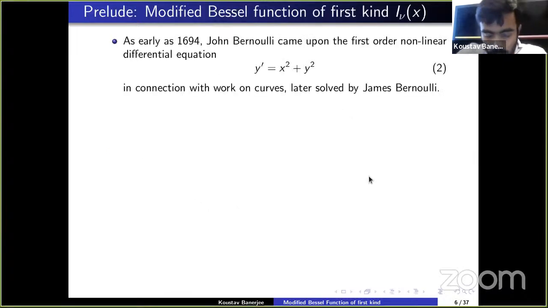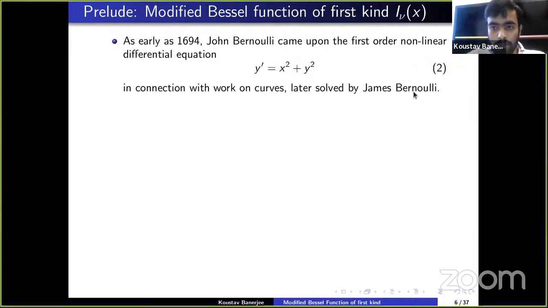So let's move towards a brief history of the modified Bessel function. First, we start with the Bessel function, and then we will come to the modified Bessel function. As early as 1694, John Bernoulli came up with a first order nonlinear differential equation of this form, y prime, meaning dy/dx, equal to x squared plus y squared, in connection with work on curves. But he was not able to solve it, and it was later solved by the elder brother of the Bernoulli family,